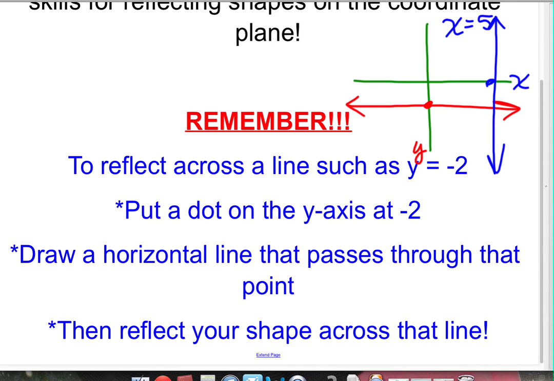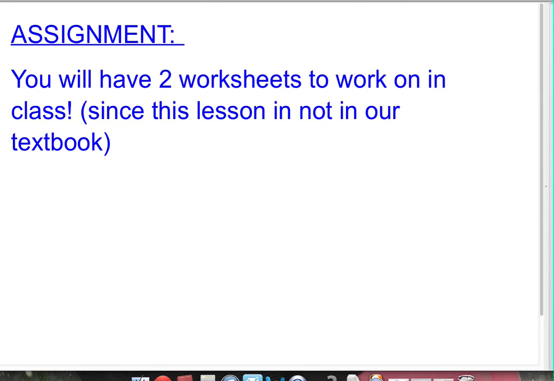So then what are we going to be doing in class? You will have 2 worksheets to work on in class. And since this lesson is not in our textbook, we have to be utilizing worksheets. Obviously, that's not my favorite thing to do, but that's just the way it works out since our textbook does not support this lesson. So you're going to get these worksheets in class, and